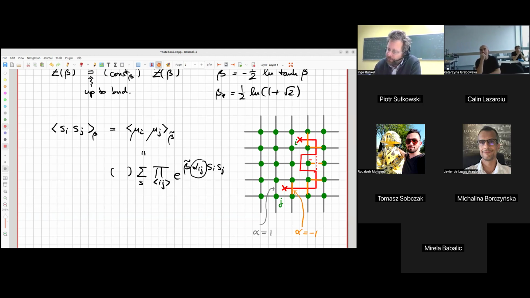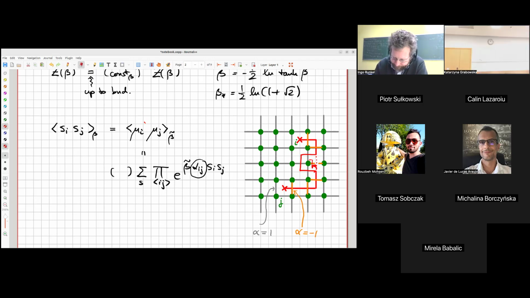But if I change it across sites where I don't measure the spin by having a correlator where, so I don't want to spend too much time on this, but if this were K, and I would also insert here an SK, right? Then I couldn't take it across this site because this SK would get a minus sign, so it would not be invariant. Yeah. So that's our first topological defect.